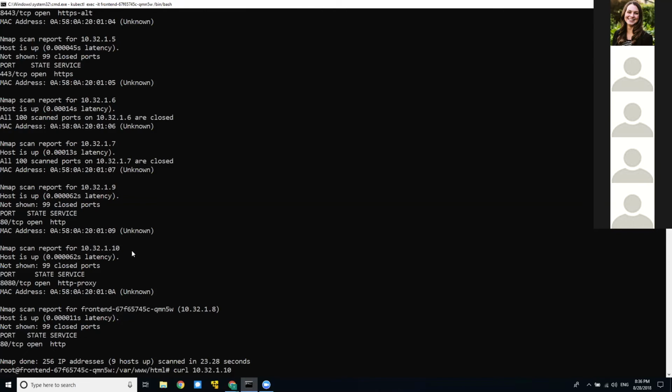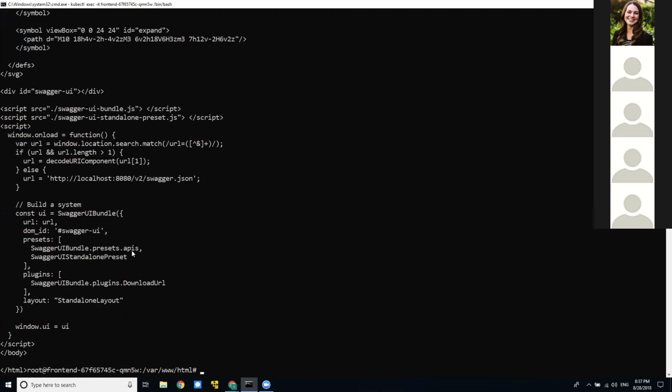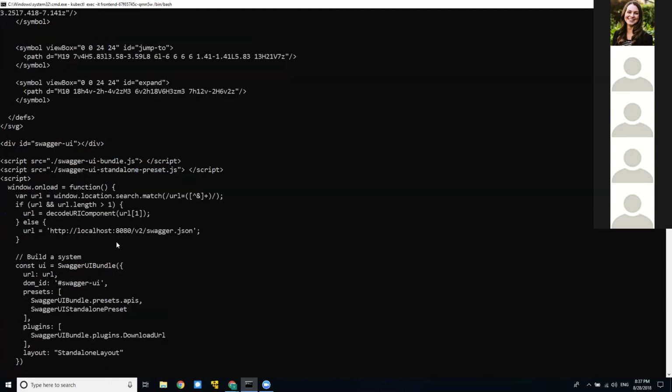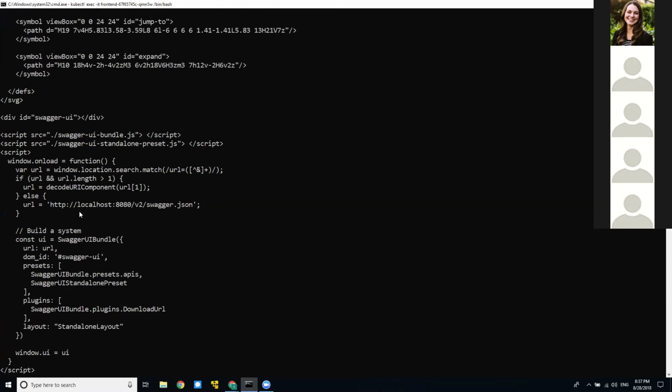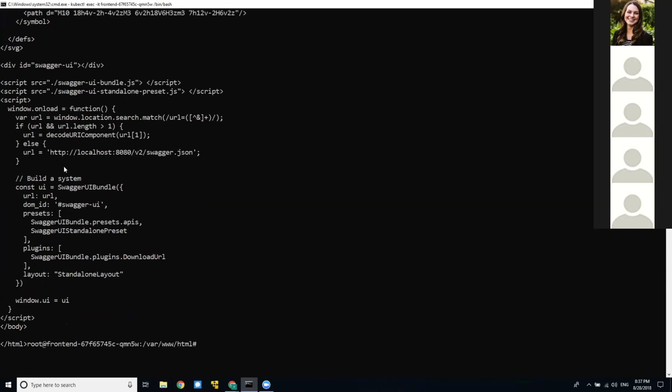We'll curl this IP on 8080, and we are getting an HTTP response. It looks like it's actually a REST API. If we look through the HTTP response, we can also see the Swagger path. So we can actually get the whole documentation of all the possible paths that this service exposes.